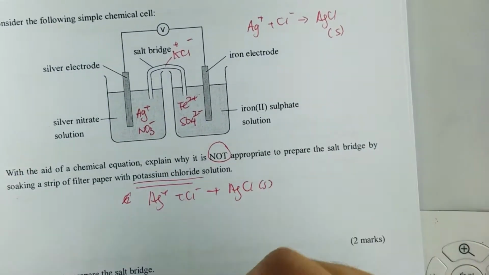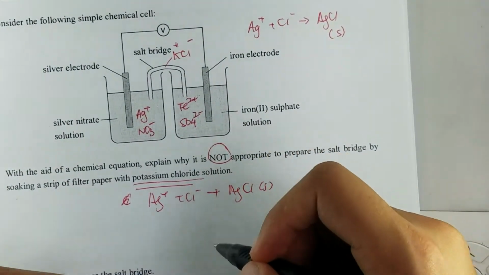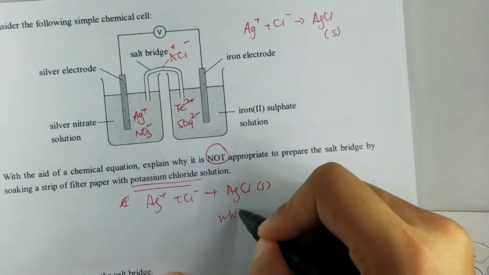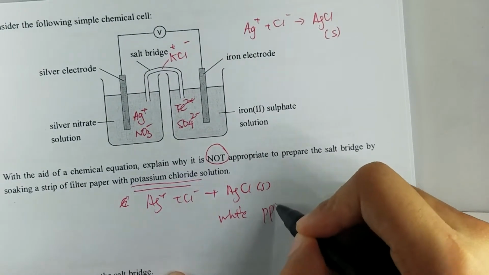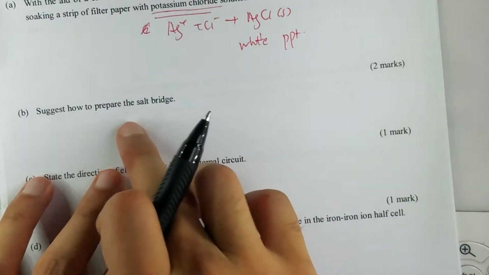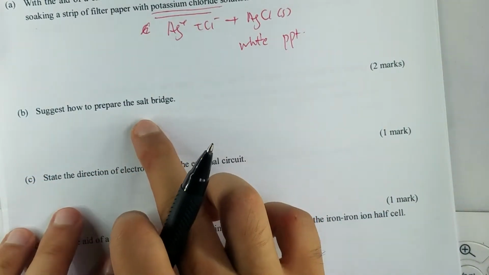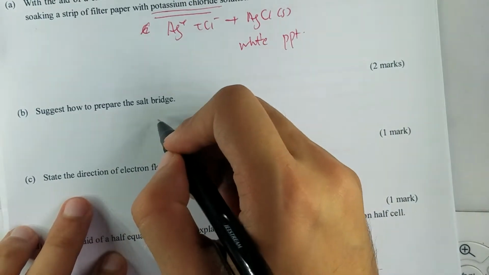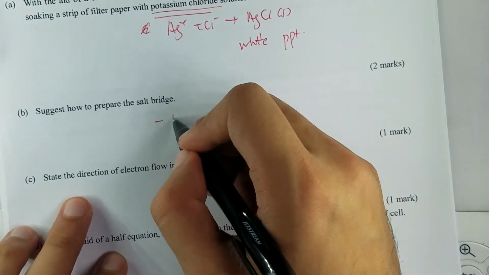And you explain that, okay, because the silver ion will react with chloride ion to form white precipitate, and therefore that's why it is not appropriate. And then they ask you, okay, how do you prepare a salt bridge then? Okay, common answers I got was, why not I use potassium